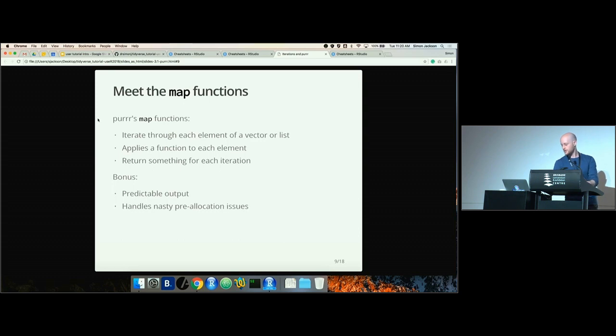They iterate through each element of a vector or list. I'll come back to lists just quickly for those who aren't familiar. It's a very flexible structure in R. It's a sequence like a vector. There's object, object, object, but those objects can be anything. With vectors, they have to be all character or all numeric or all of the same type. In lists, you can have character, vector, function, matrix, data frame. They pretty much hold whatever you want them to hold. So the map functions iterate through each element, whatever they are, and apply a function each time and return